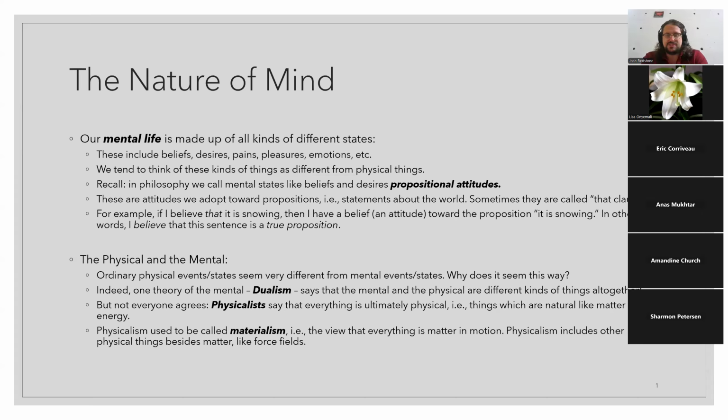We used to call physicalism materialism, and we'll encounter this notion again when we talk about freedom of the will. Materialism is an older view. It views the universe as a mechanistic sort of place where it's matter in motion, governed by the laws of nature. We've sort of updated our terminology, right? Because there's not just matter. There's electromagnetic fields, gravitational fields. There's things like charge and spin, various physical properties, various force fields. And these are not made of matter, but they're still physical.